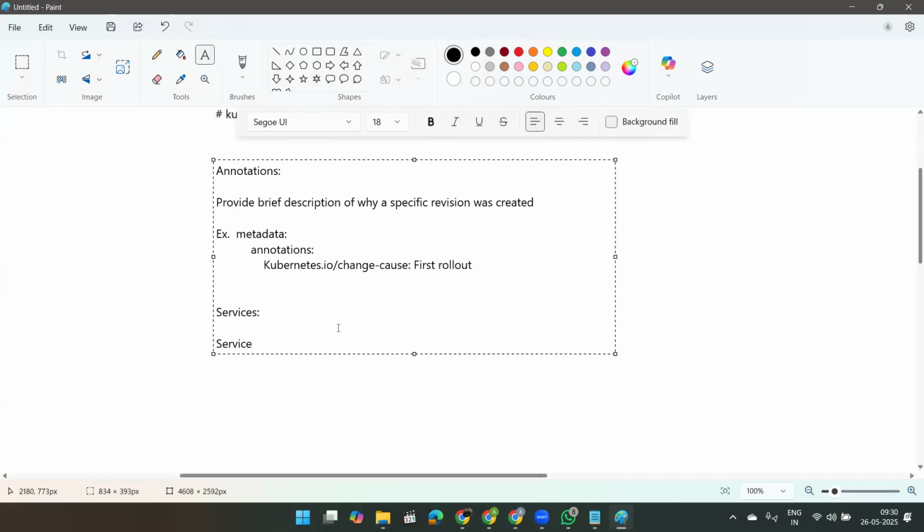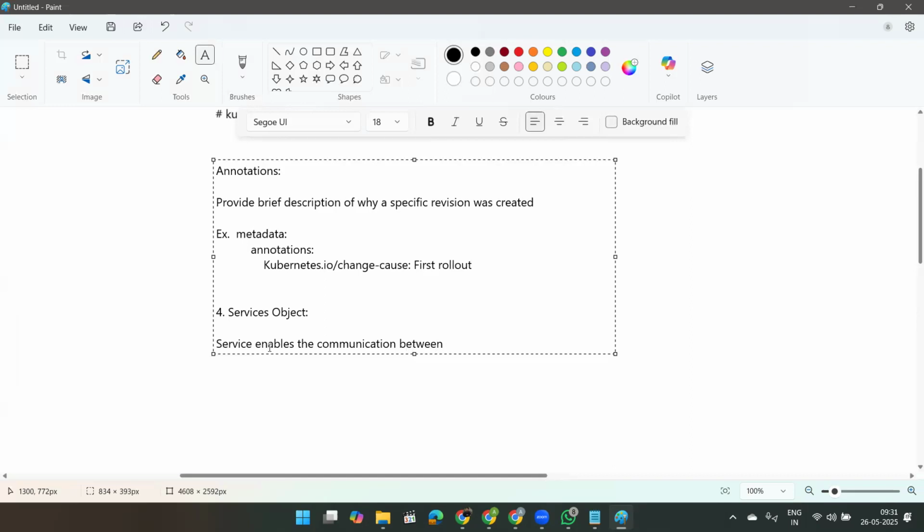So I'll write here service object. Why do we create a service in Kubernetes? Service enables the communication between